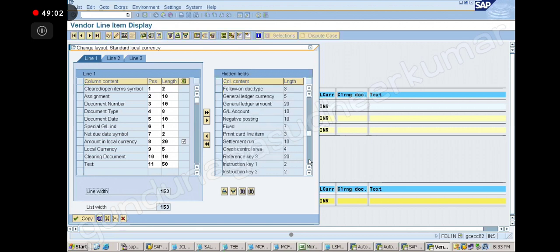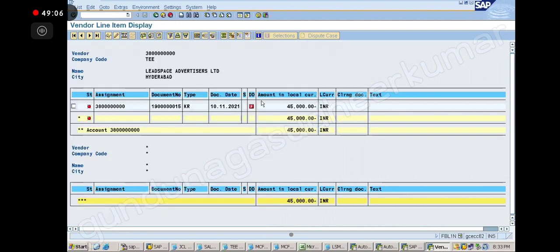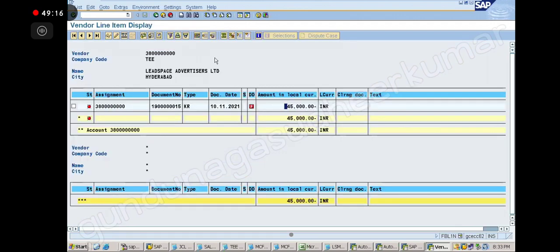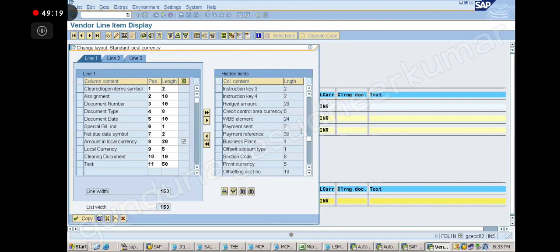Payment block. I think you can double click the item, sir. You will get there. Which item? This item. Yeah, here I am able to get it, but I am checking whether at the item level itself we are able to. Let me see if there is an option here.